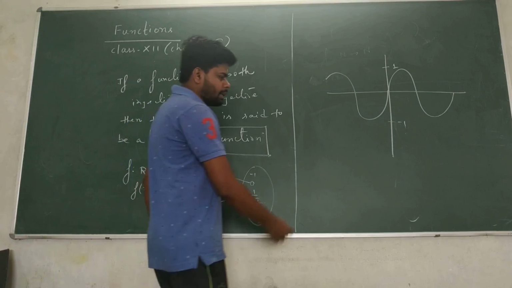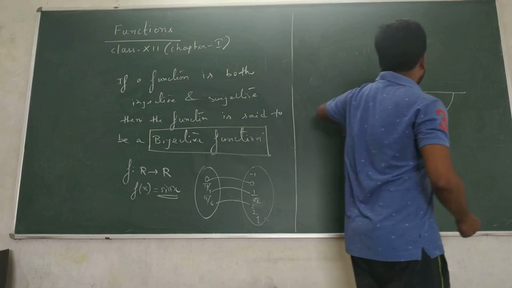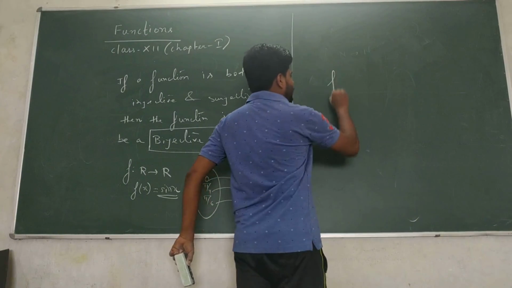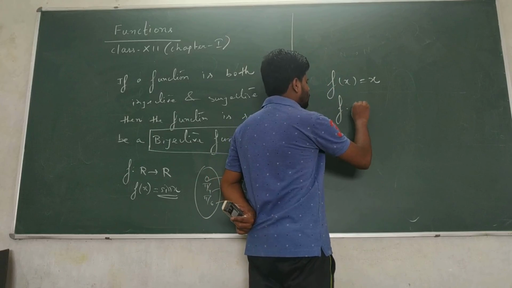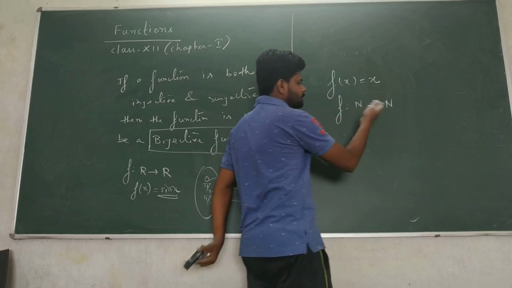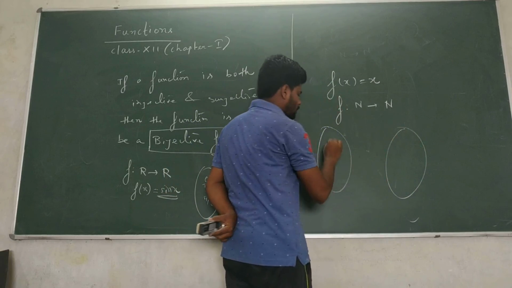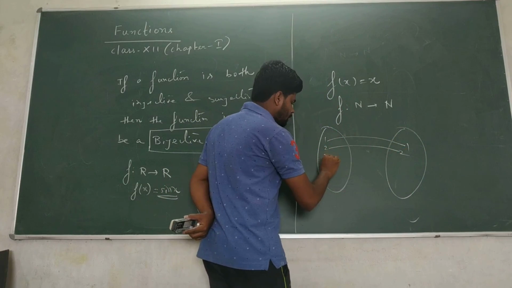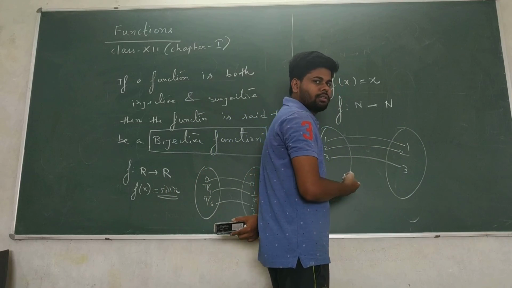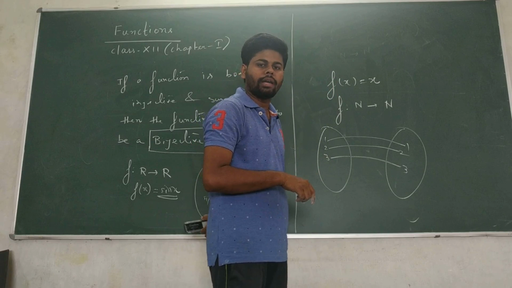Correct? But if I say one more function, let us see one example of a bijective function. If I take f(x) equal to x, a simple identity function from N to N, natural number to natural number, 1 will go to 1, 2 will go to 2, 3 will go to 3. Is it 1-1? Yes. Is it onto? Yes. Why? None of the elements in the code